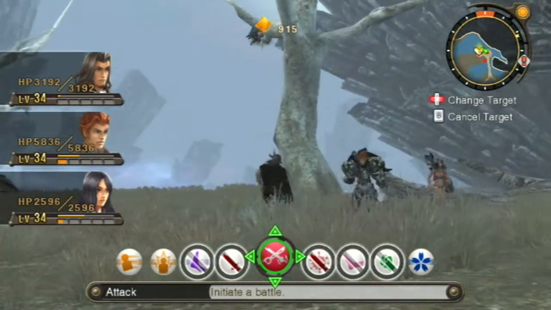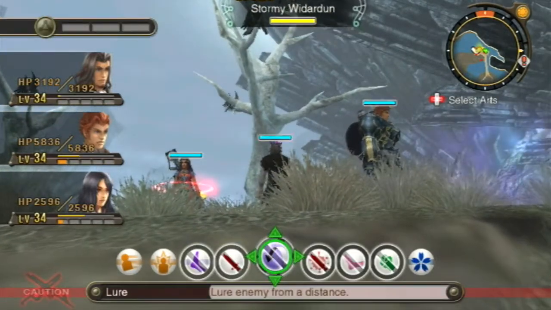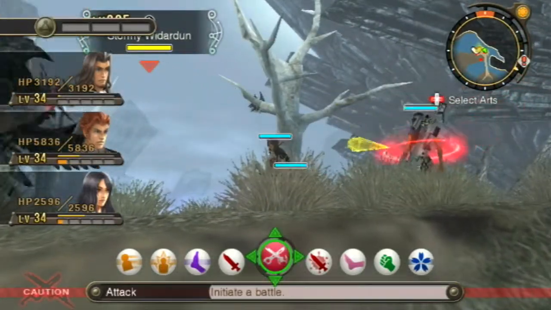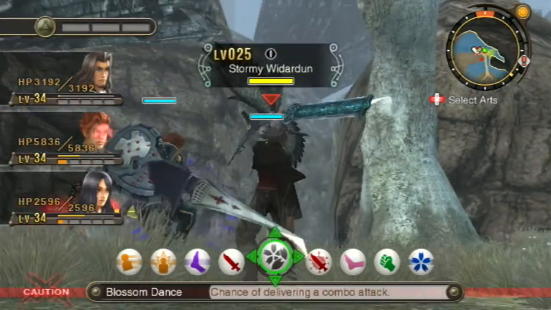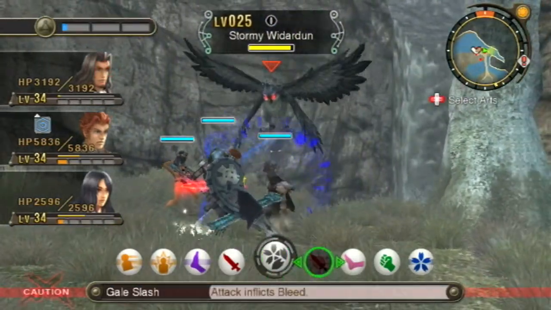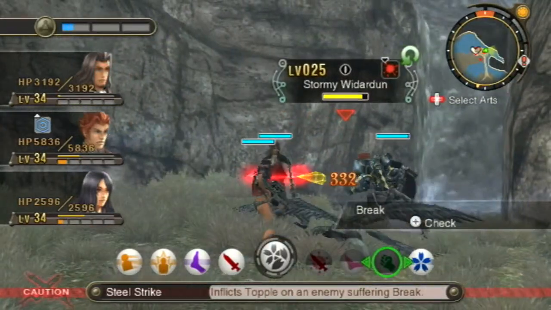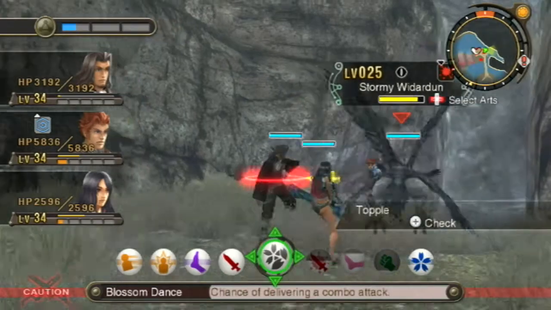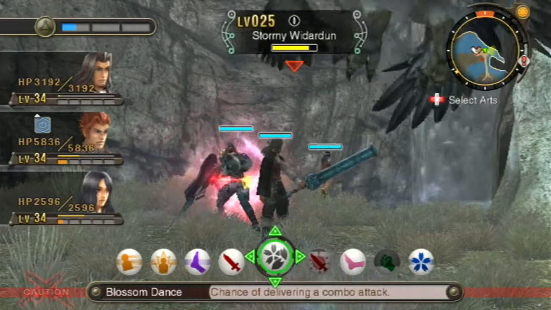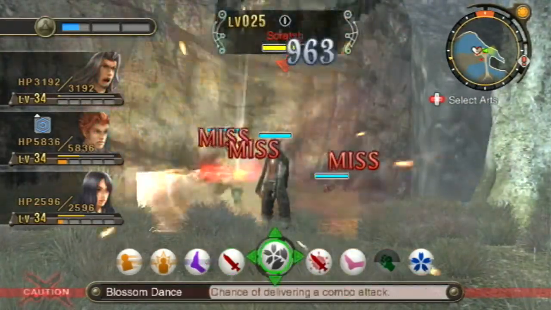Did that not work? Is he gone now? No, he's still there. What? Now he's showing up. Alright, initiate a battle. Go ahead and hit Stormy Widardoon. Whatever his name is, kill him. Alright, down he goes. We got him on the ground. That's something. If you guys would like to help here, focus your attacks. Alright, now they're going for it. They weren't doing it before. Probably because I was luring them still, but...